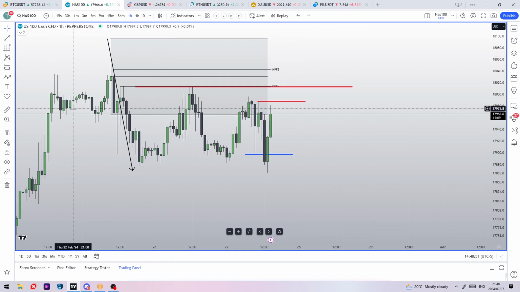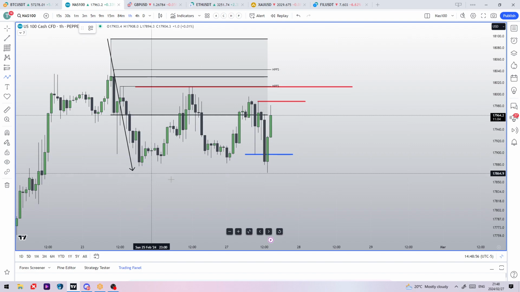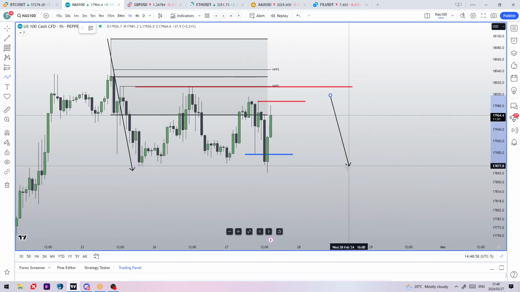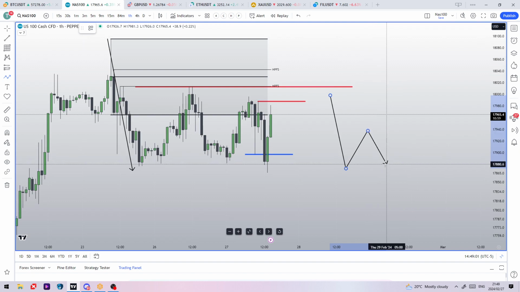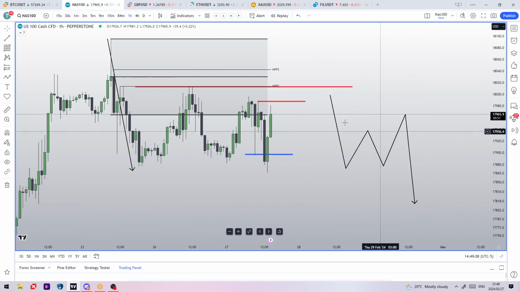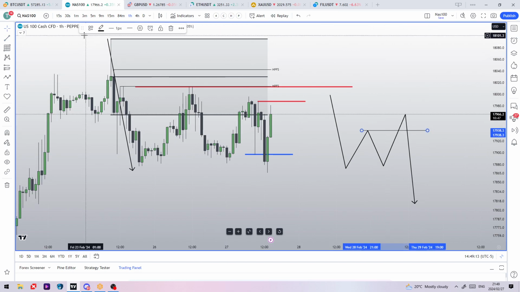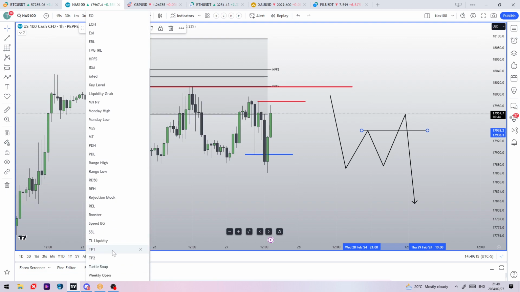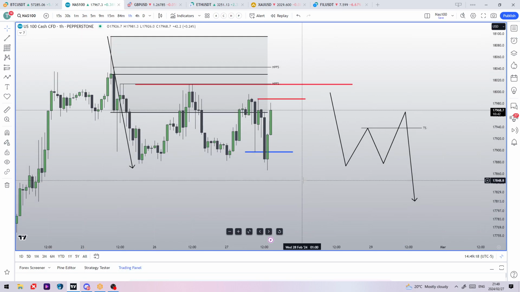There's an alternate to it, which ends up looking like a zoom or gives you a turtle soup. And that ends up looking like we come down here, we put in a higher low, we run this high right here, turtle soup it, and then we continue, right? So that would tend to look like zoom, and this would be your OLR or your turtle soup coming inside there, right? Those are just two of my favorite ways of playing any of these fractals,